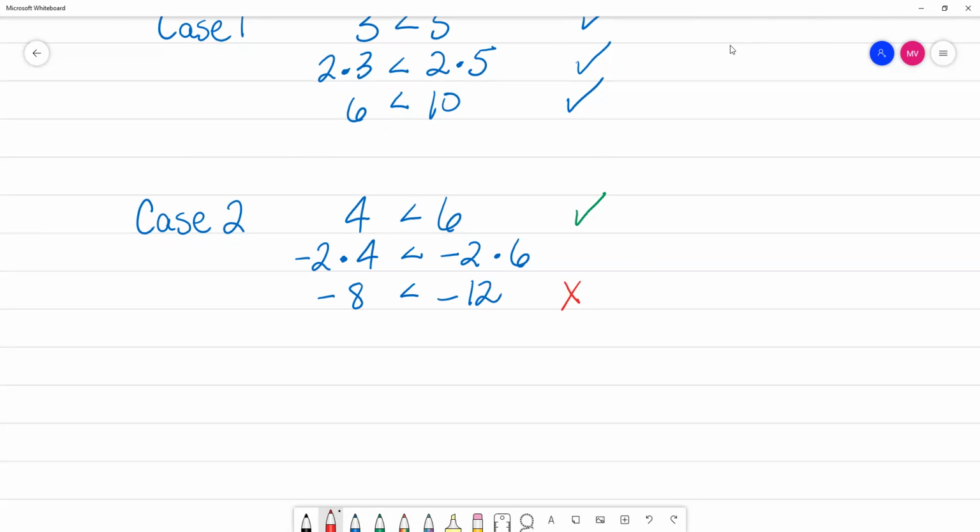Can anybody articulate it? Like, it makes sense, right? When you multiply a smaller number times a negative, it is still a smaller number. But what happens when a smaller number becomes negative? Its value is greater, right? Because it's closer to 0. It's farther right on the number line. So when you graph it,